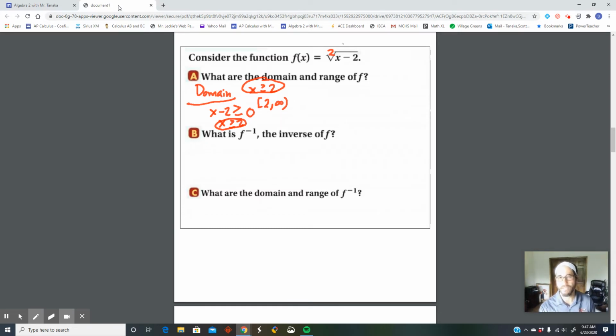All right, what's the range? Well, let's think about this. This is my problem here. Okay, there is a radical, so the answer has got to be bigger than 0, right? It's got to be bigger than 0. Could it be negative? No, because you can't take the square root of a negative. So my range,